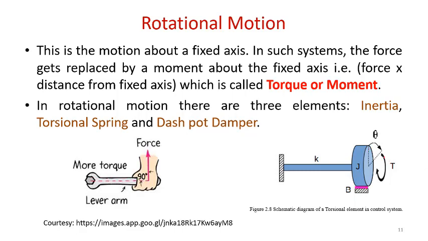The applied torque is T, which is in a clockwise direction when we are viewing it from this end. So the direction of view is from here, so the applied torque will be in this direction. The restoring torque or the returning torque will be in the opposite direction. For the applied torque, there will be angular displacement, that is theta. In case of translation motion, we had the linear displacement x. Here we are having the angular displacement theta. So the restoring displacement, or coming back to its original position, will be theta dash.